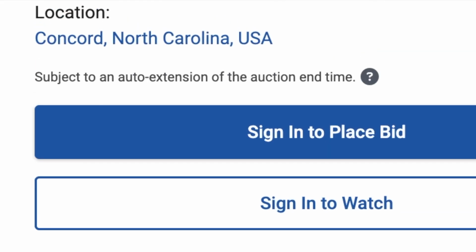One other thing that I want to mention right here. It says subject to an auto extension of the auction end time. Most of the auctions have this. Some of them don't. I love the ones that don't, because then you could snipe in and get the deal in the last second. But basically what this means is when you make a bid in the last, let's say 5 or 10 minutes, they'll extend the time for another 5 or 10 minutes